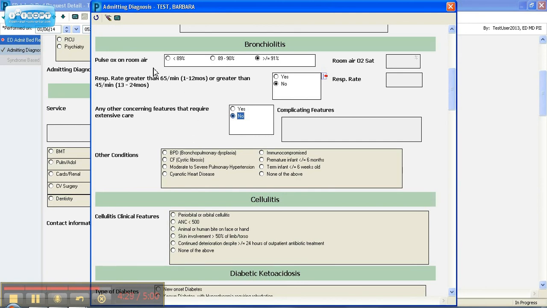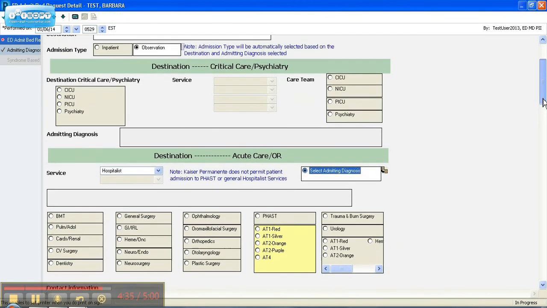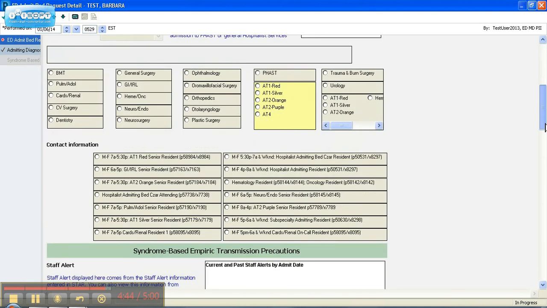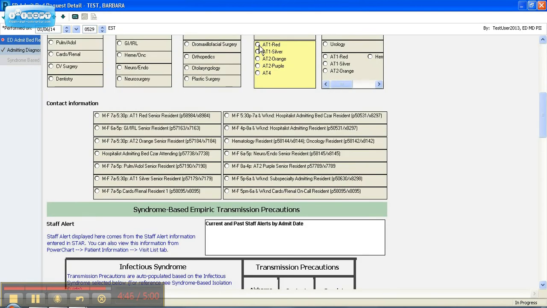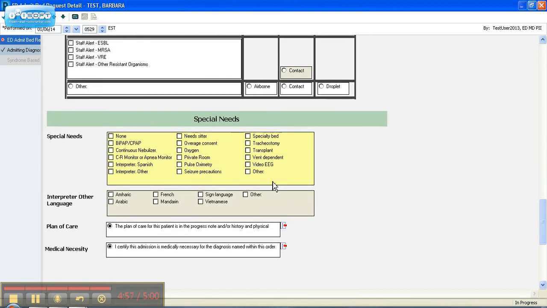So we've now completed this form. We will click the circular arrow, and that takes us back to the ED bed request here. As you can see now, observation care has been selected for us, and we can go down and complete the rest of the form, such as choosing a team. We'll choose red, selecting their infectious syndrome, which is bronchiolitis, and then choosing their special needs, which is a CR monitor. We'll say